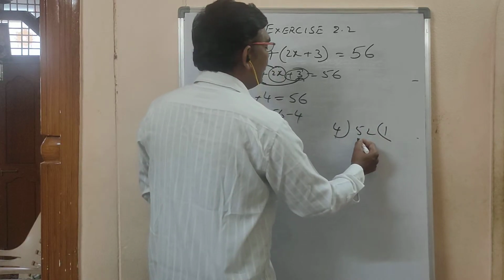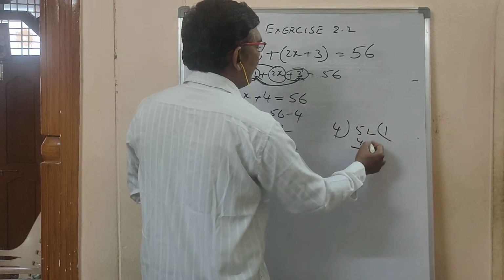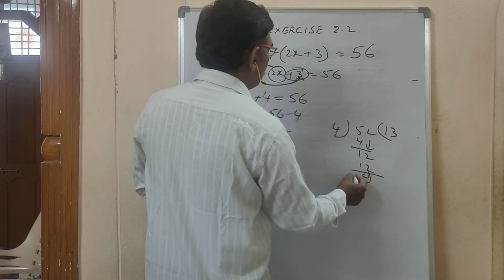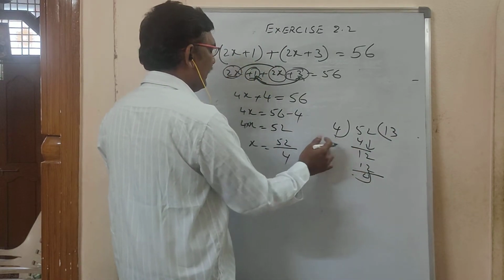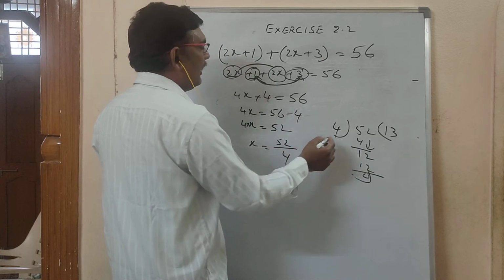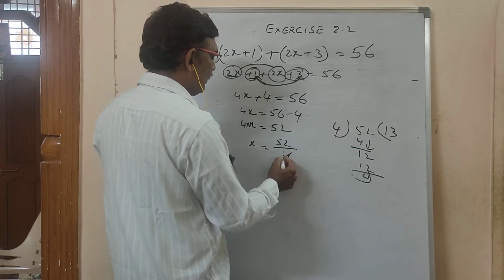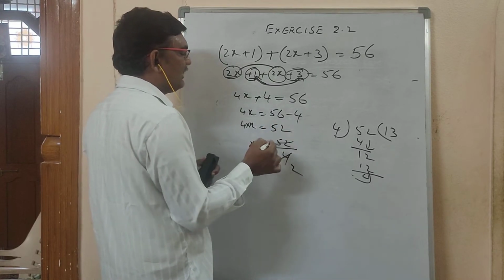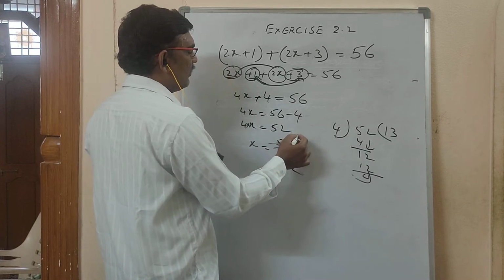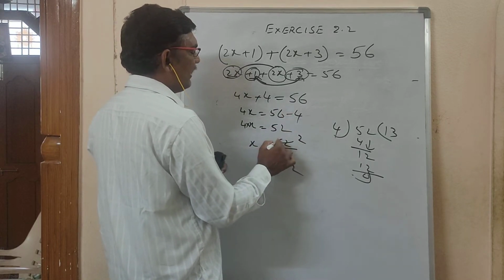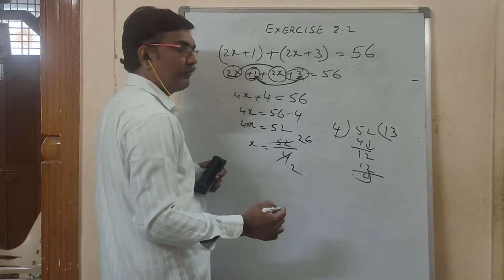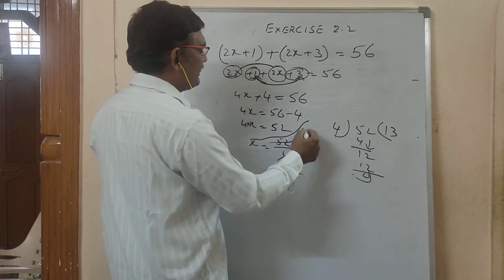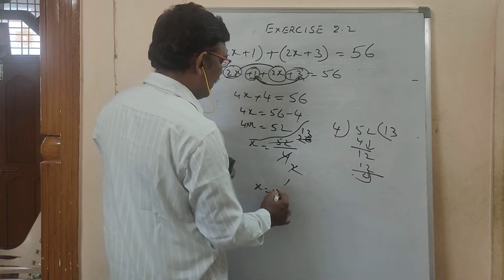So 4 ones are 4. 5 minus 4 is how much? 1. You should take this 2 down. 4 3s are how much? 12. So here, division you should not do here. If you don't know the 4 table, you can cancel with 2 also. 2 2s are 4. Down you are cancelling with 2, upside also you have to cancel with 2 only. 52 is there. 2 2s are 4. 1 is remained. 1 2 12. 2 6s are 12. Again 2 1s are 2, 2 13s are 26. So if you do cancellations, x is equal to how much you got here?